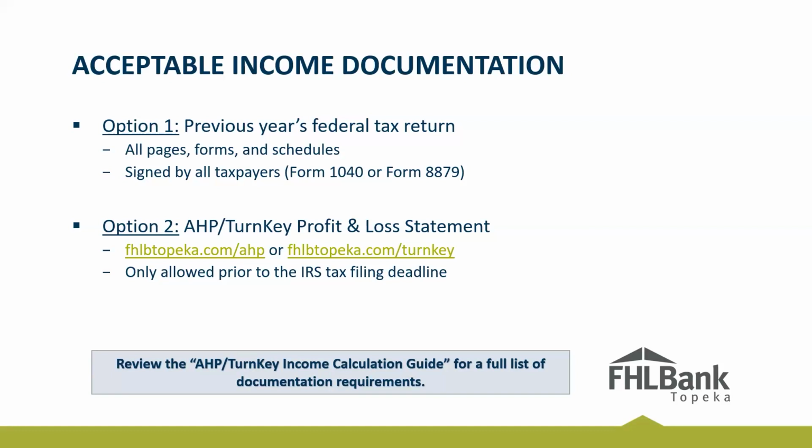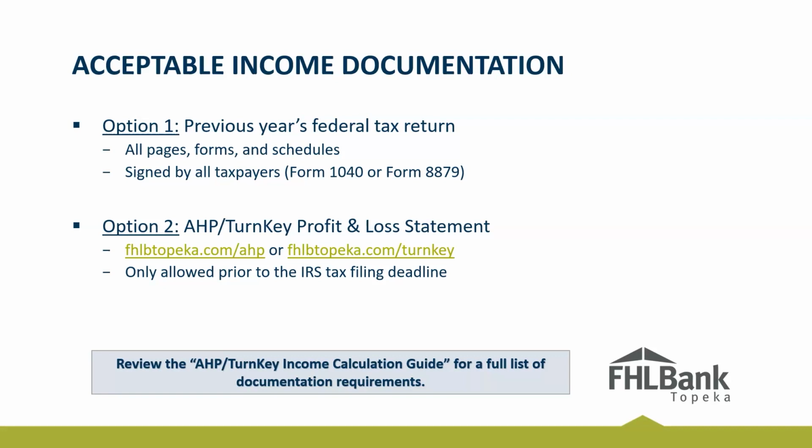There are two options, but only one or the other is acceptable depending on your situation. In most cases, you are required to provide the previous year's individual tax return, not the business tax return. Make sure you include all pages, forms, and schedules of the federal tax return. Additionally, the tax return must be signed by the taxpayer, or both taxpayers if filed jointly, either on Form 1040